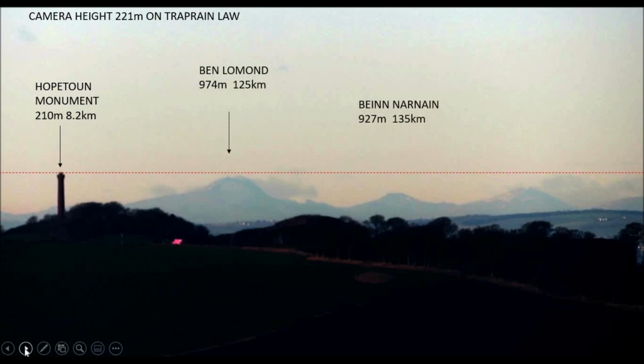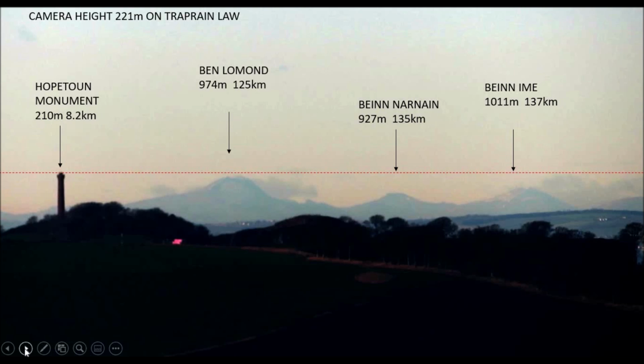The hills in the distance were identified on Peak Finder and confirmed and are all around 1,000 meters tall. They all fall below the line. The peak of each of those hills falls below the line, and well below the line in the case of Ben Arnain and Ben Eam. And that is impossible if the Earth is flat. There should be a major portion of those hills above the line.